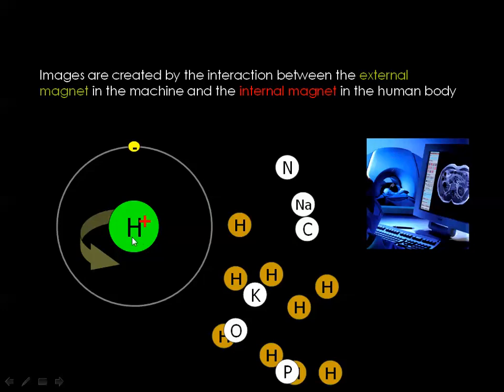Then the neutrons will not create a magnetic field because they have no charge. Then a lot of electrons and a lot of protons are present in the human body. Then they create magnetic fields everywhere. But you know that the MRI machine cannot deal with these too many magnets, it can deal only with one type of the